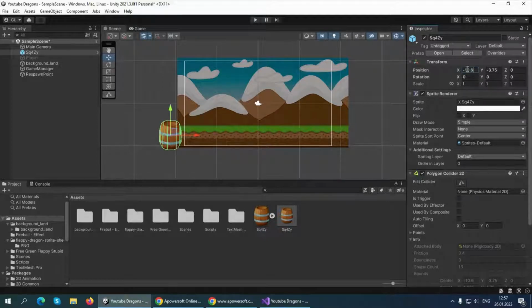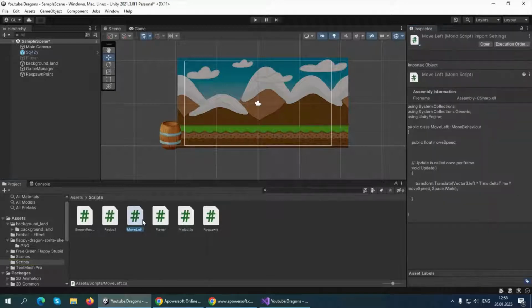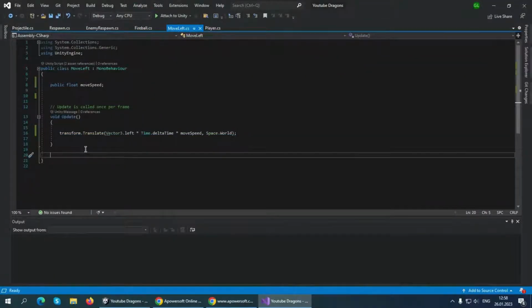Yes, minus 10.6. So what we can do in this script, we can say that when our barrels are outside of the minus 10.6 mark, in your case this number might be different, just check yourself and just remember that number. And let's open our move left script, which is attached to our barrel, and work on it. So after this transform of our barrel, we can say that if our transform dot position